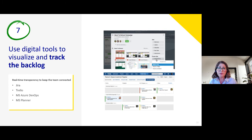So again, in BP, we leverage a lot of our Microsoft tools given our strategic partnership, but recognize that there are a number of other tools in the market, whether that's Jira, Trello, lots of different examples of tools that you can use to visualize the backlog and track that delivery. But whichever tool it is, it's whatever makes sense within the context of your company or what's available to you. But it really is about making that agreement with the team so that we understand what the checklist is for each specific item, assigning which team, being clear of which team members are working those items, putting dates next to them,